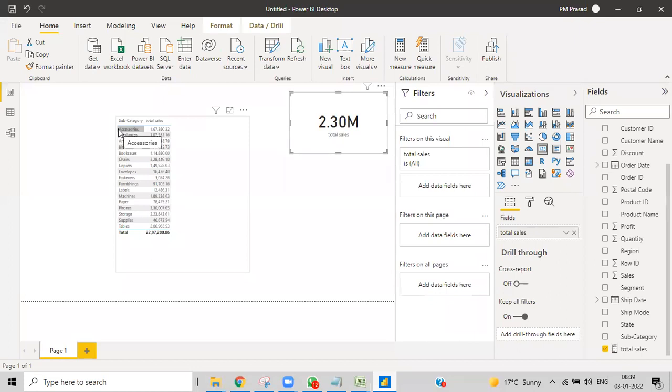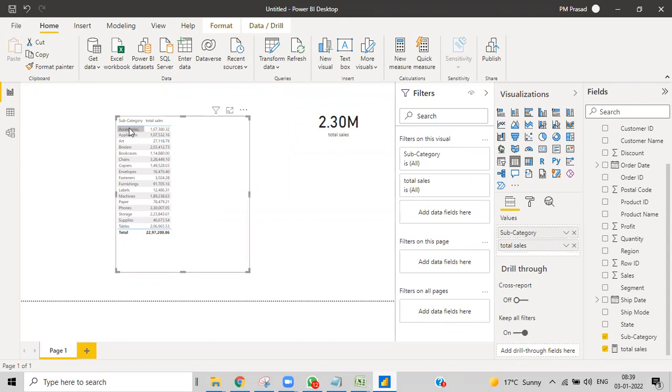Here in this column of this table, the current row is accessories, so for accessories it will calculate the sales. For appliances, it will calculate the sales. For arts, it will calculate the sales. Whatever value we give will work for that particular current context, or what we call the current filter. It will calculate only the sales for tables, and only the sales for suppliers. This is the specialty of measures, and this is why we love measures in Power BI.